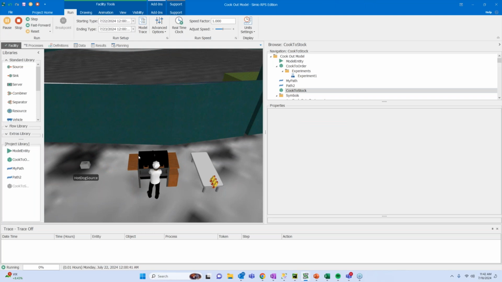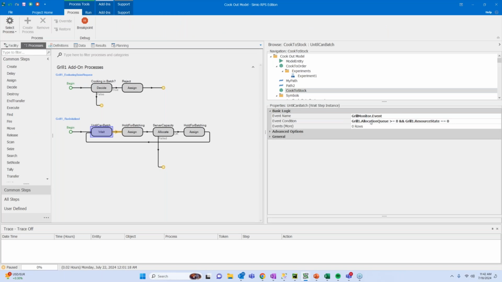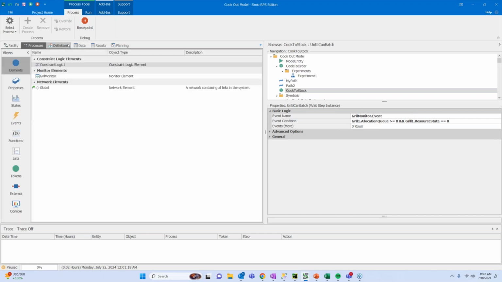So we have our hot dogs arriving, and instead of cooking them one by one, we want to wait till we have a full pack ready to be cooked. When they arrive, we check to see, is our allocation queue enough to be considered a full batch? If it is, we will let this pass through. Otherwise, we're going to wait until this monitoring event takes place.